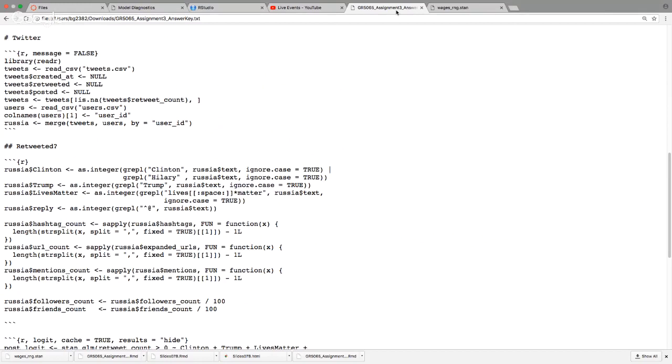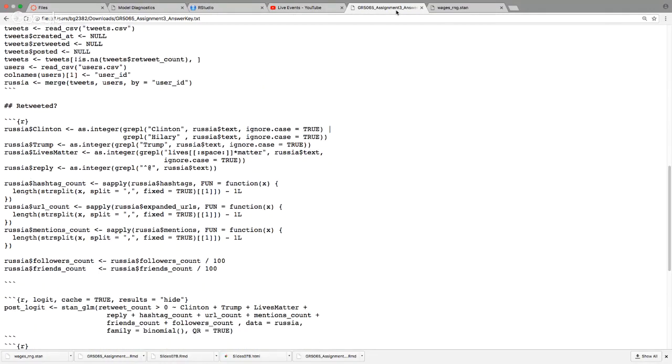Does the tweet start with the character for @? So in regular expressions, the caret means starts with @. How many hashtags does it include? Those were separated by commas, so I counted up basically the number of commas in the hashtag column. Same thing with